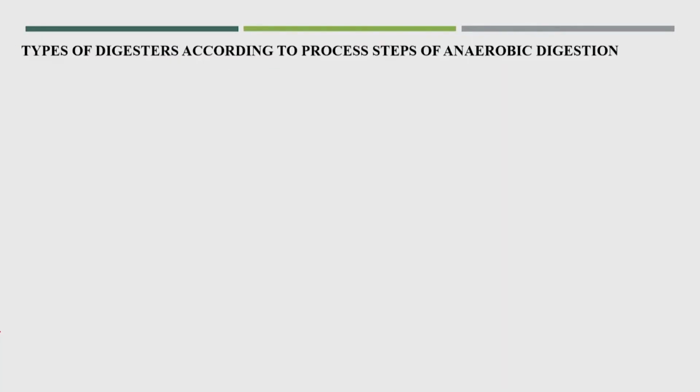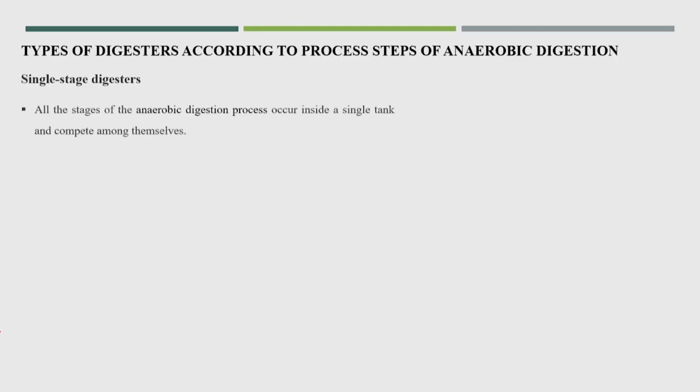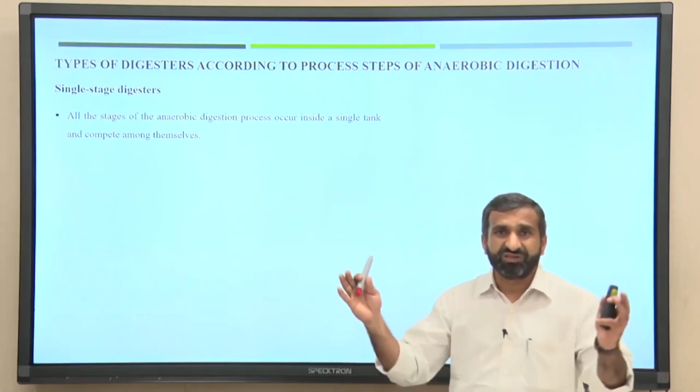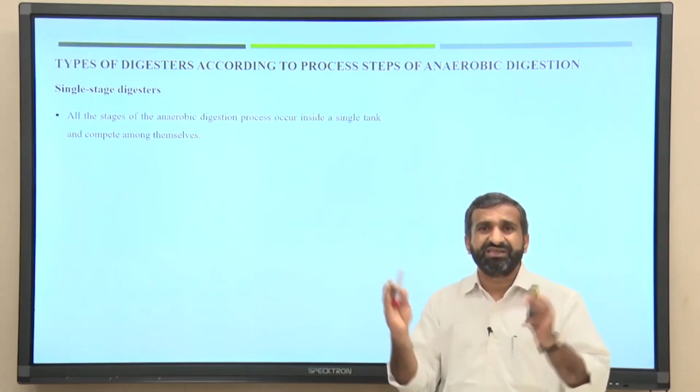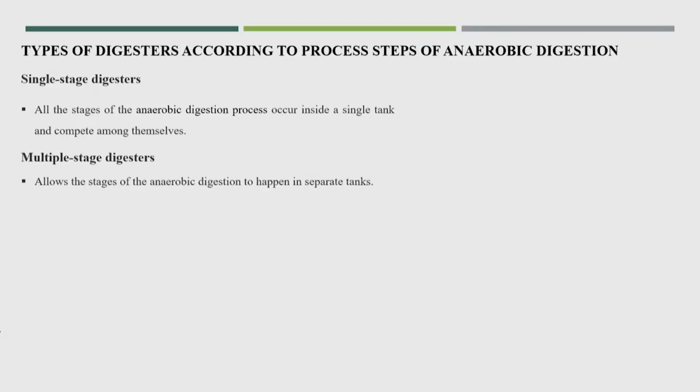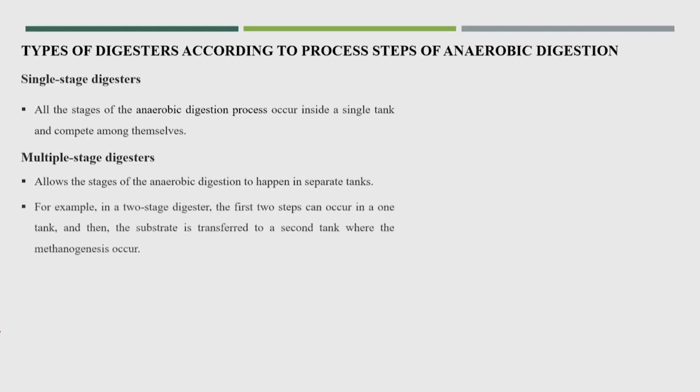Type of digesters according to process steps of anaerobic digestion. There could be a single stage digester, where all the stages of anaerobic digestion occur inside a single tank. So, only one reactor for hydrolysis, acid phase and methane phase, all the 3 or 4 stages in a single reactor. Could be a multiple stage digester, which allows the stages of anaerobic digestion to happen in separate tanks, like in